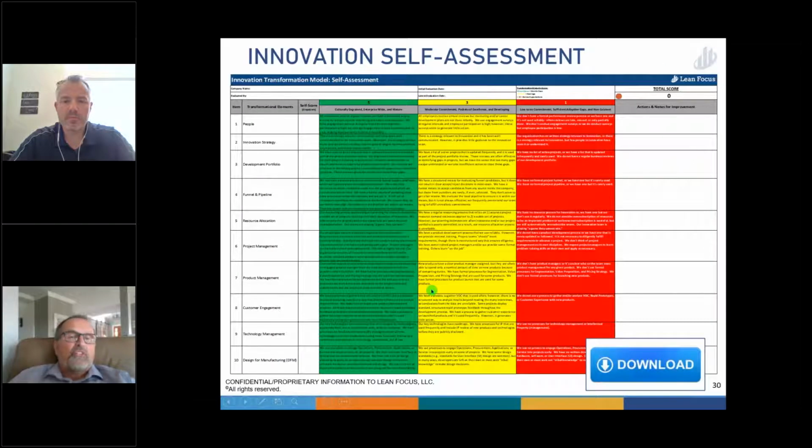Now, if you want to get started, this is a simplified form, and I know it's hard to read. It's not meant to be readable, but just to show you the level of detail, if you want to do your own assessment and just see where you are. These are our 10 points. They're the same ones that I showed you a few moments ago, and we can go look. And you can do a self-evaluation on where you are right now to get a start.